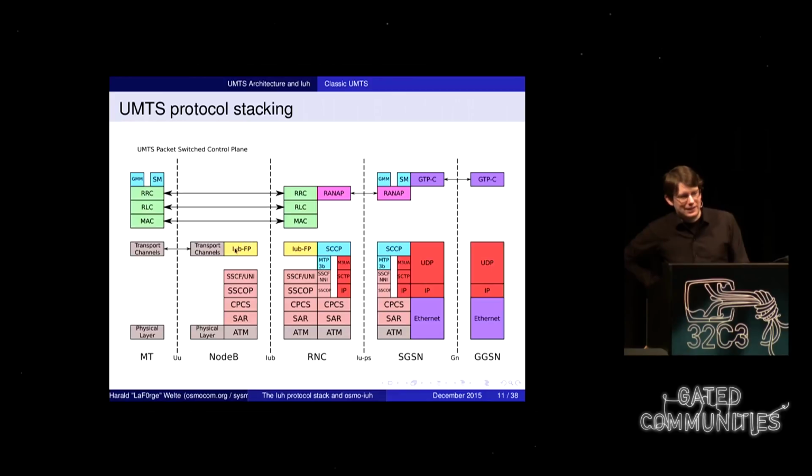So if you look at the classic protocol stacking and the individual interfaces, the Uu is the radio interface, Iub is between the Node B and the RNC. But the IuPS is actually what we want to implement. So the left side of this slide is what is implemented in the proprietary base stations or femtocells that we are using, and the right-hand side of that slide is what we are implementing. So we need to implement the protocol stackings here. As you can see, the protocol stack is deep and has many acronyms.